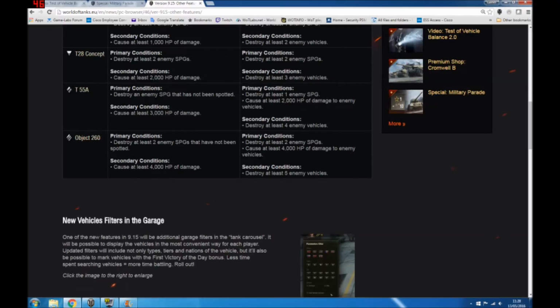T-55A, which is where I am, destroy an enemy self-propelled gun that hasn't been spotted, and cause at least 3,000 damage. This has been a flipping nightmare, and I think it's a good move they've taken this out, because I know when I've actively gone to try and do this mission, you get fixated trying to get the enemy tank,